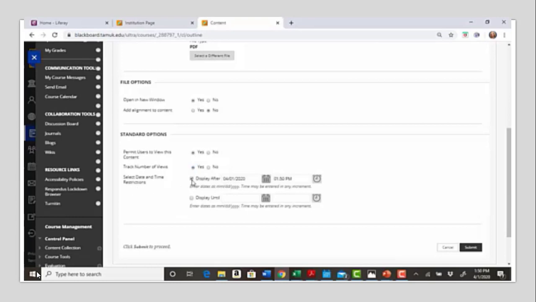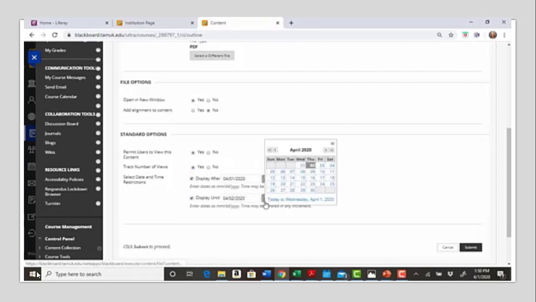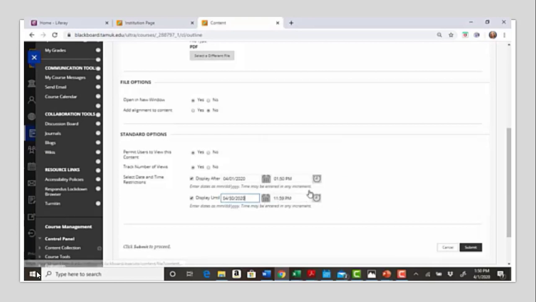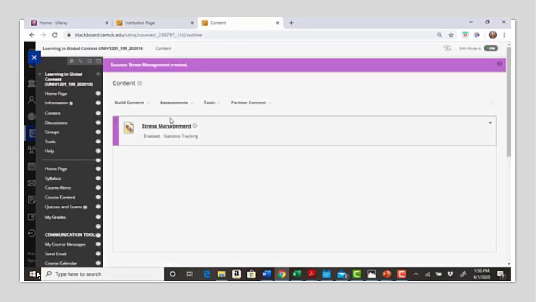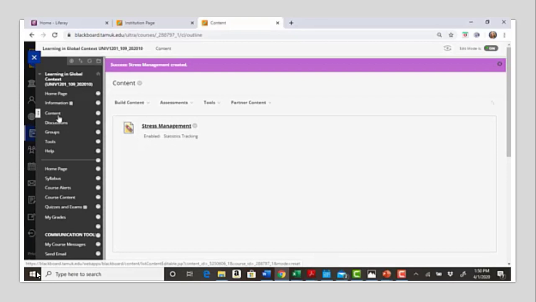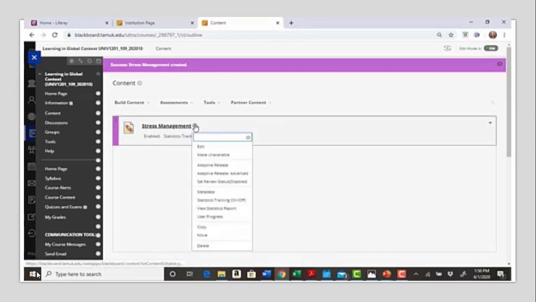Or if you would like a specific date and time, you can then click, okay, you know what, I only want it to be available today. I'm going to open it today, but I'm only going to display it until April 30th at the end of the day. So I can create that. I hit submit. And there's my assignment or my course content